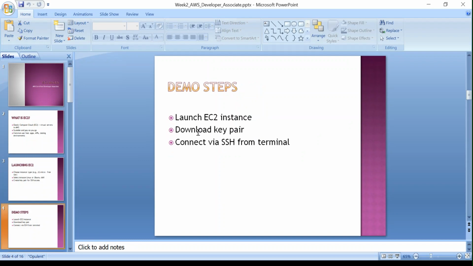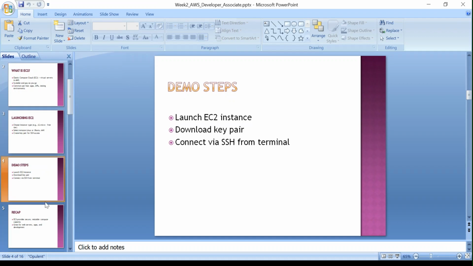And then you can see the demo steps: launch an EC2 instance, download the key pair, and connect with SSH from the terminal. I will show you in my next video how we are going to launch an EC2 instance and download the key pair. Then you can simply start your first server on AWS. I hope you understand what EC2 is. And next, we will cover in our video